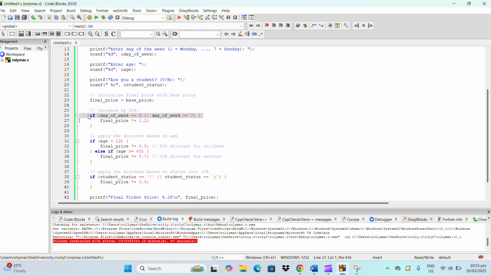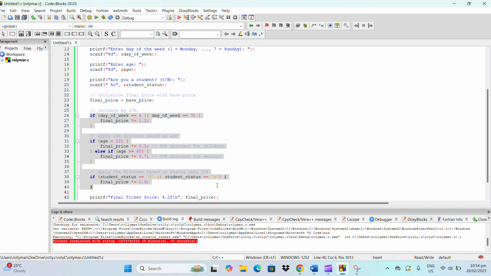And then for line 26, this part of the section is where the calculation or the processing of our discounted price happens.